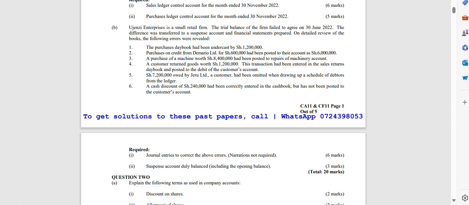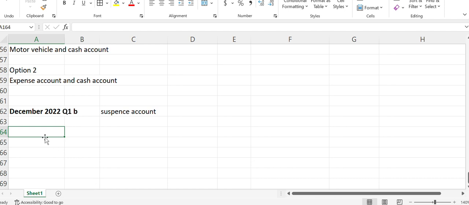So we start with the first one, and you are required now, under requirement, journal entries and suspense account. Under journal entries, they are saying narrations not required, but you may get other questions whereby narrations are required. So in this particular question, I'm going to provide narration so that you get to know how we provide narrations. For a journal entry, every time you come across one, this is the format of the journal entry. So details,